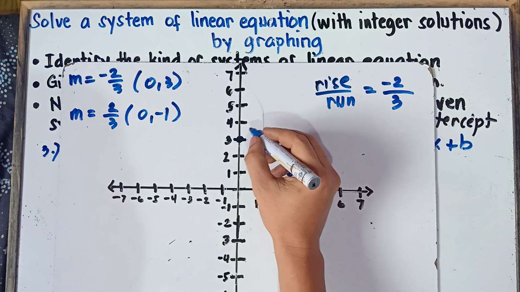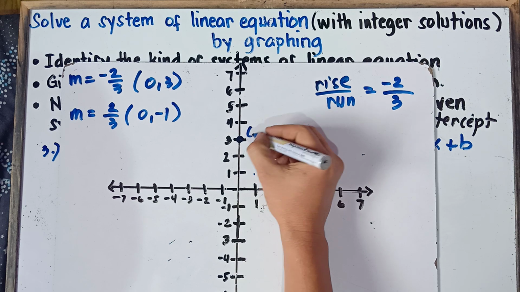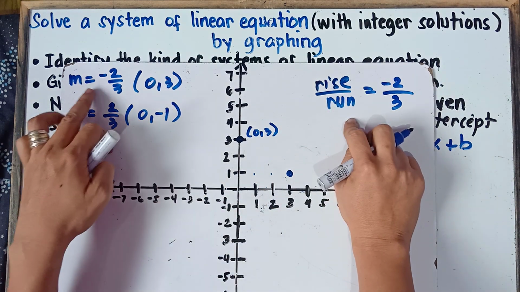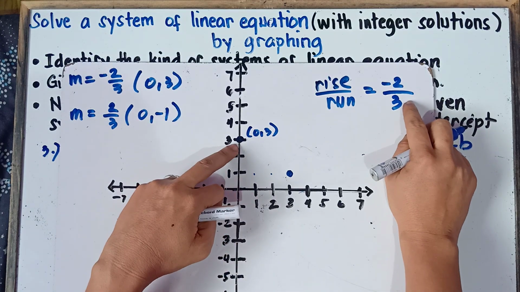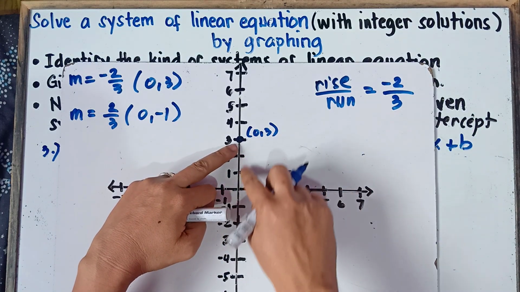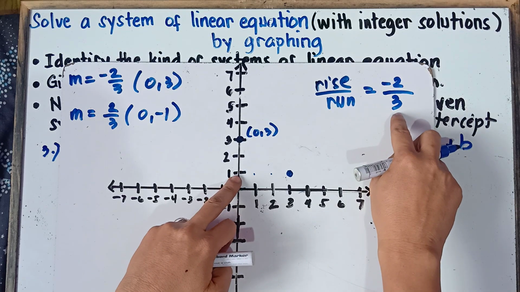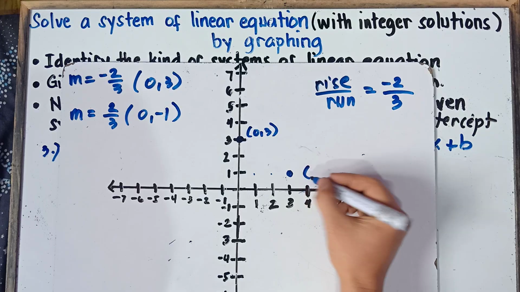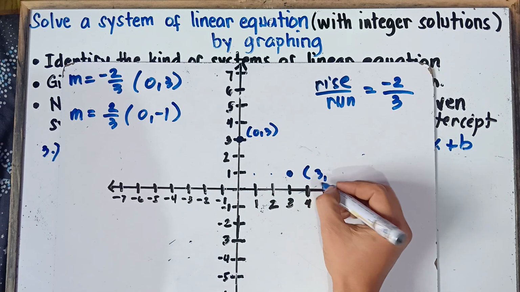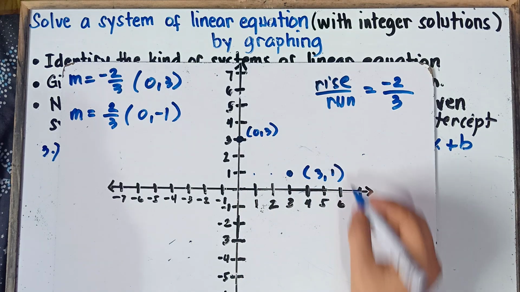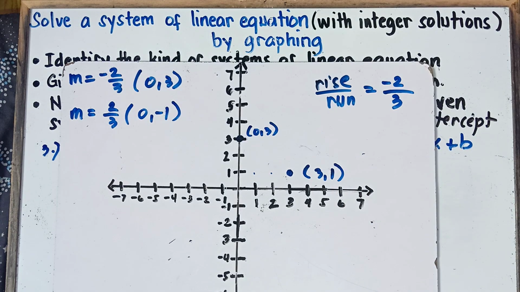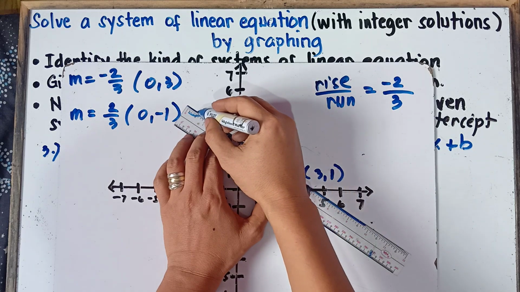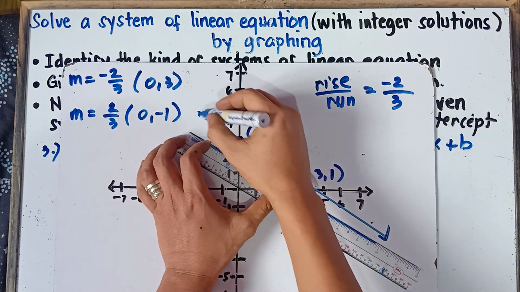Alright, once again, this is our first ordered pair. We have 0 and then 3. And then rise over run, the slope, we have negative 2 starting from this point. Move 2 units downward, 1, 2, and then run 3. So move 3 units to the right, 1, 2, 3. This one right here. And then the ordered pair, we have x is 3 and 1 for y. That's how you plot this one, class. And then simply connect. This will be our first line. Easy as that, class.